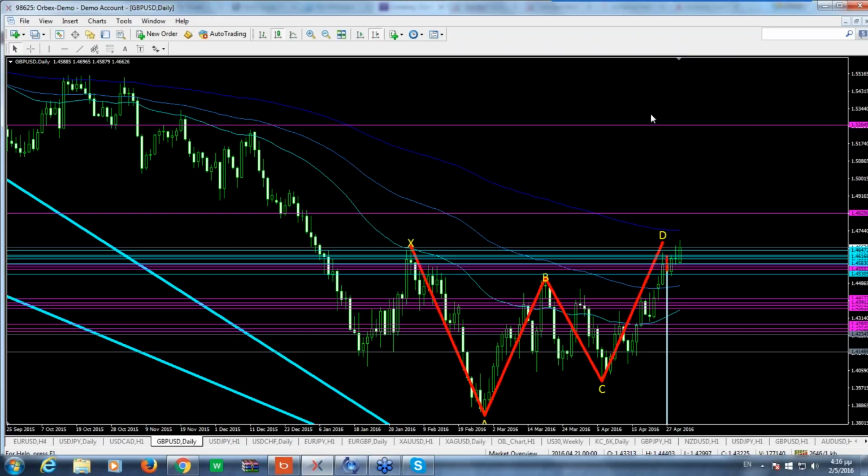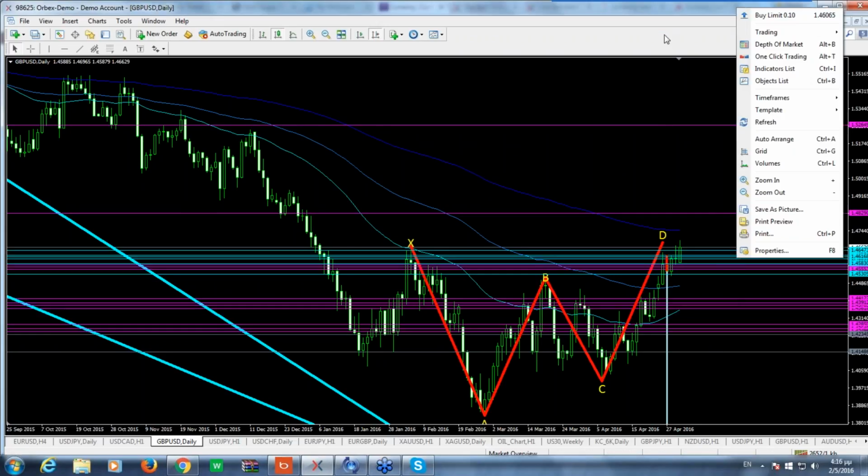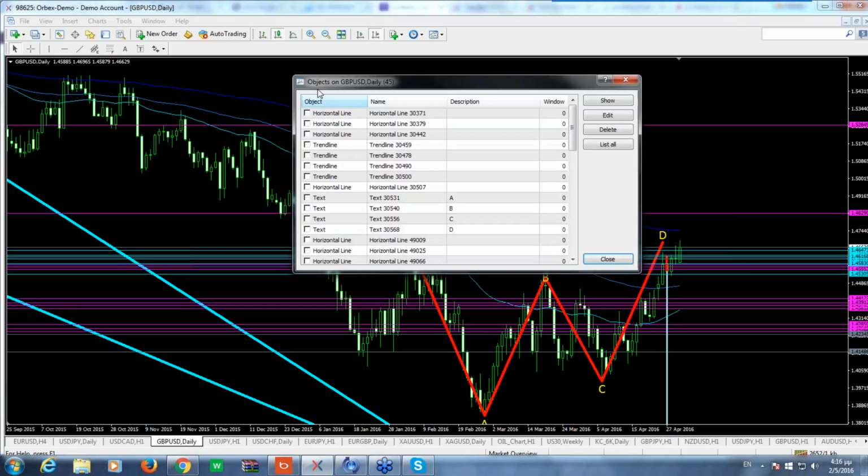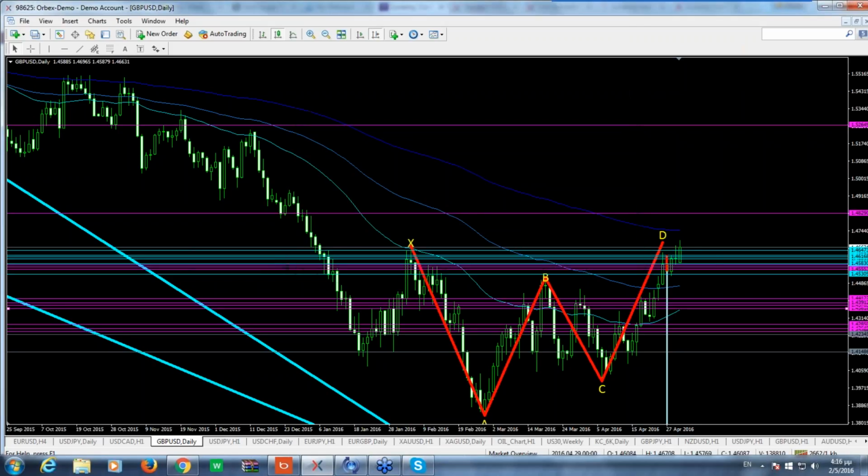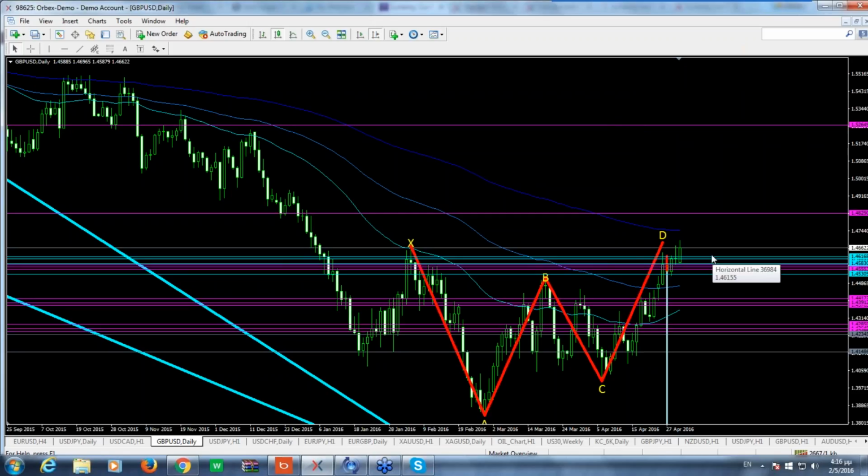I'll go through the GBP US dollar first on the daily chart. Okay, and we're looking at probably clearing out some of the lines that you could see. Give me a second, guys. Let me just perhaps leave that. All right. Now we're looking at the price here at